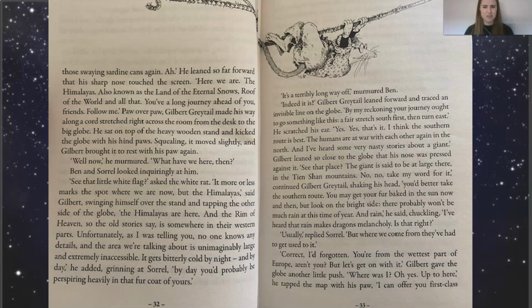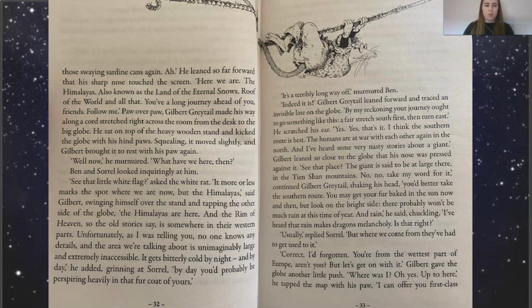"Is that right?" "Usually," replied Sorrel, "but where we come from, they've had to get used to it." "Correct. I'd forgotten. You're from the wettest part of Europe, aren't you? But let's get on with it." Gilbert gave the globe another little push. "Where was I? Oh, yes. Up here," he tapped the map with his